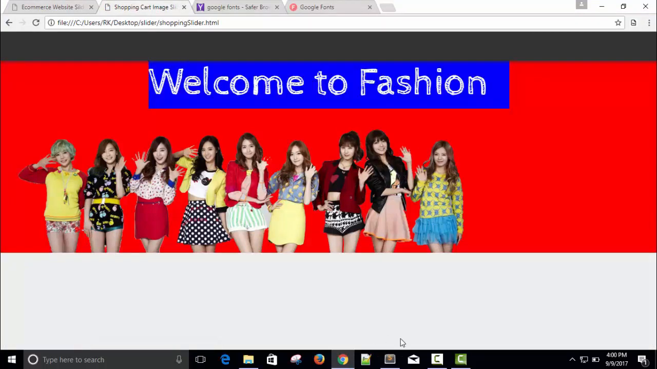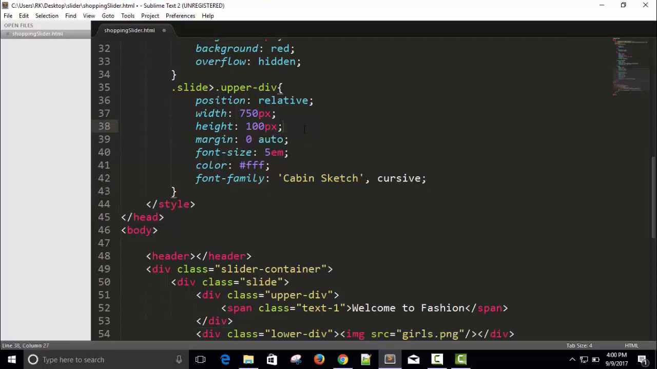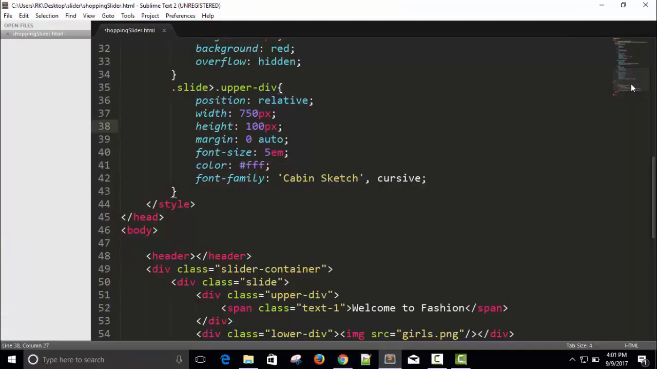Welcome to fashion. And remove the background blue because we don't need it anymore. Welcome to fashion. It looks good, I think so. Now